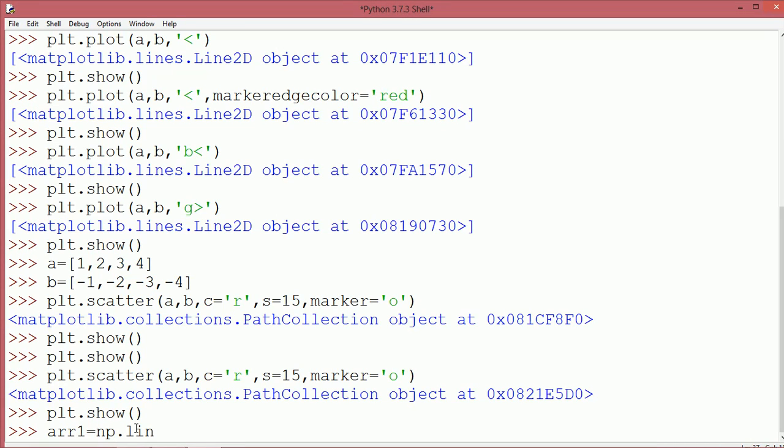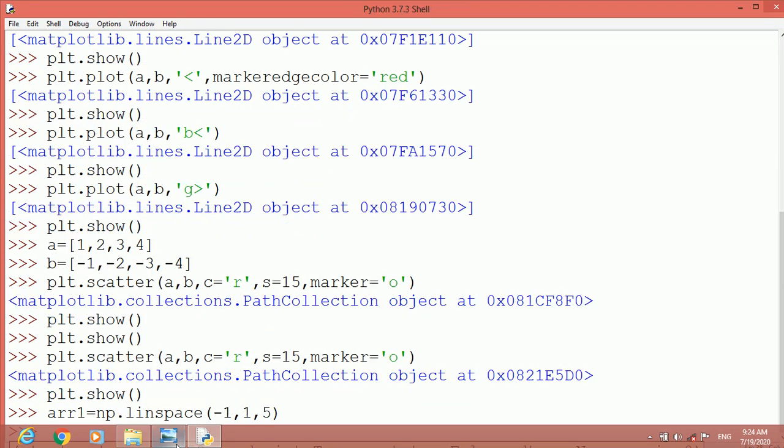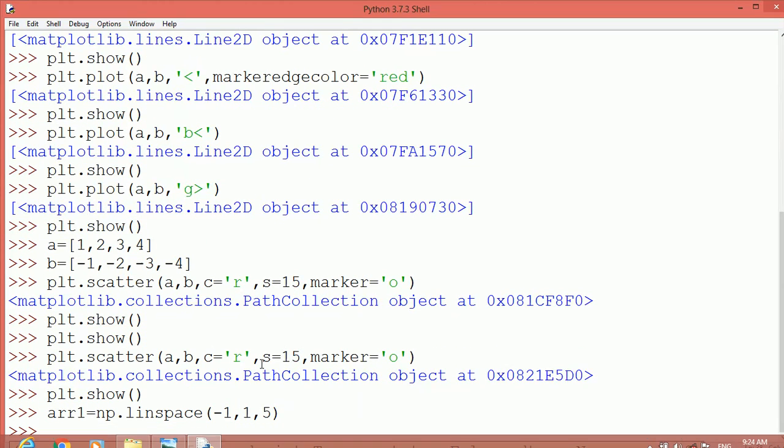Remember this, linspace is a function of np. So our linspace value is -1 to 1, and total values will be 5. It means between -1 to 1 total how many values will be taken? 5. Press enter.